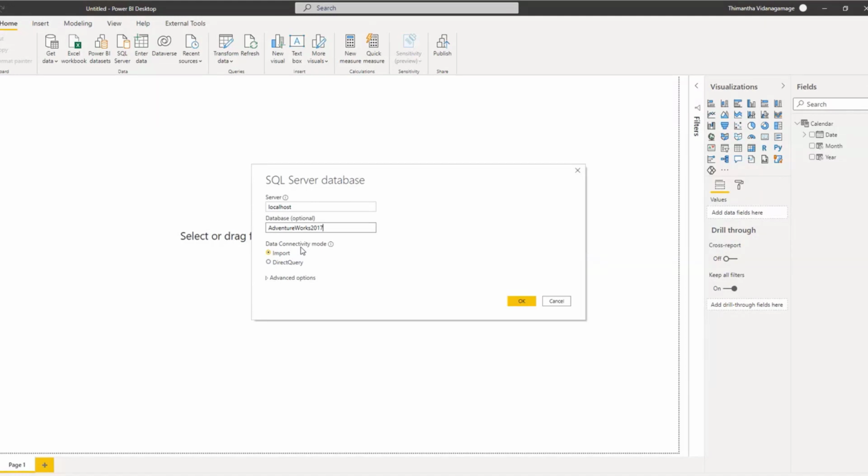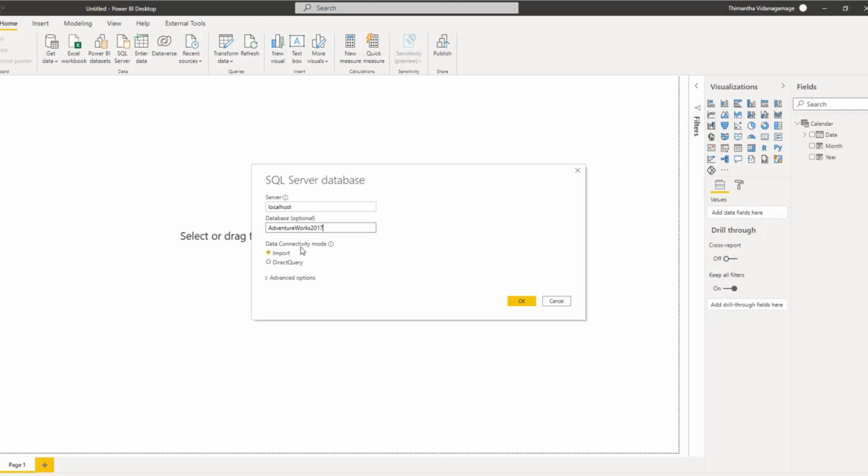There are two forms of data connectivity in Power BI: import and direct query. Import basically imports the data from the respective source and stores it in the data model itself. But direct query is a direct query, the name says it all. It queries the source as per the requirement. If there is a requirement, it triggers and queries the source, and it will get the data real time.